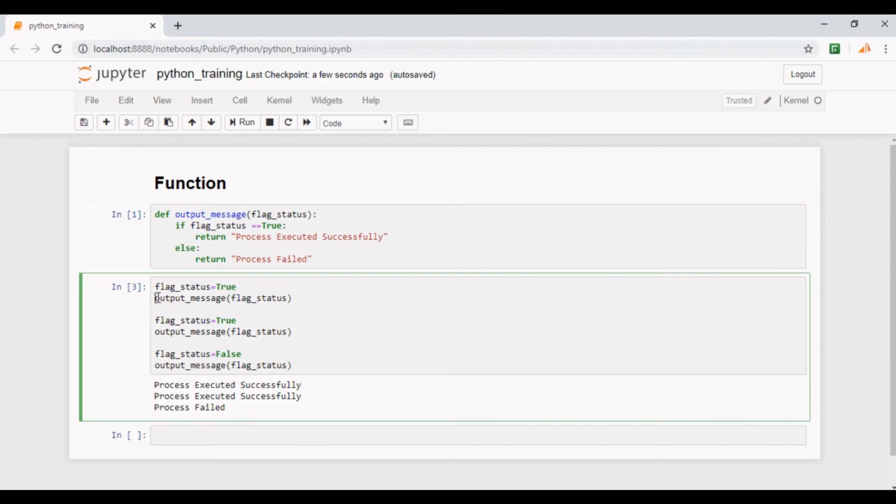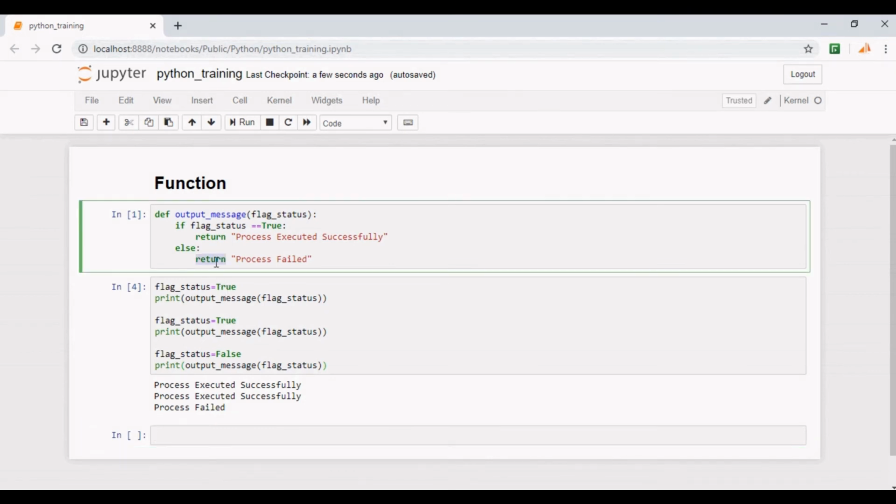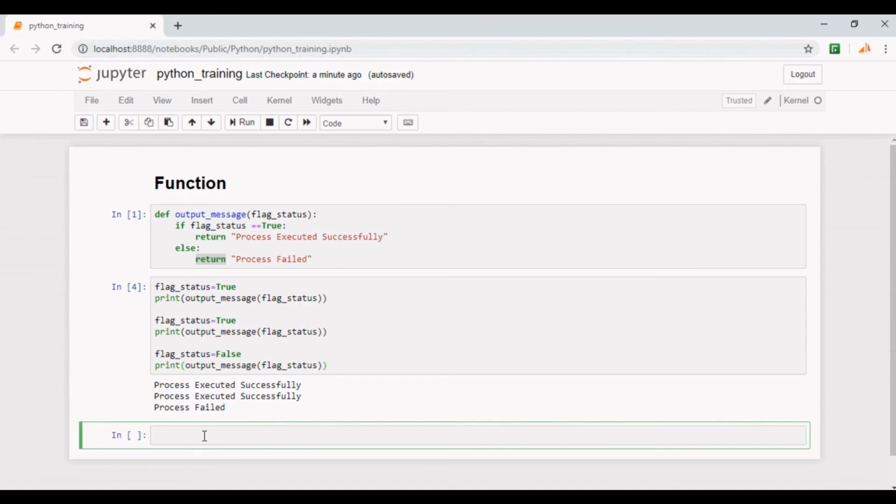And let's put a print statement at all these places. Now if I run this, that's how you can return any value from a function. Well friends, that's how you can use functions in Python.